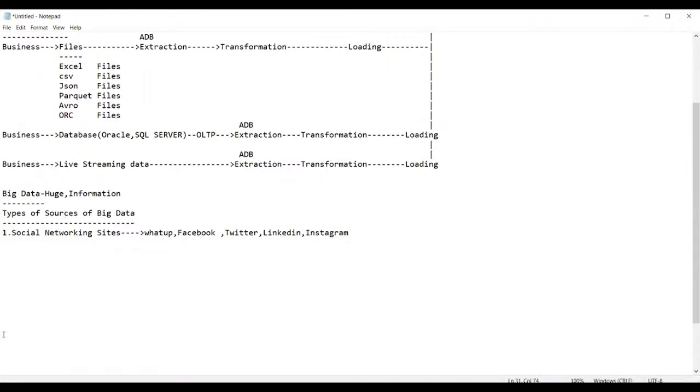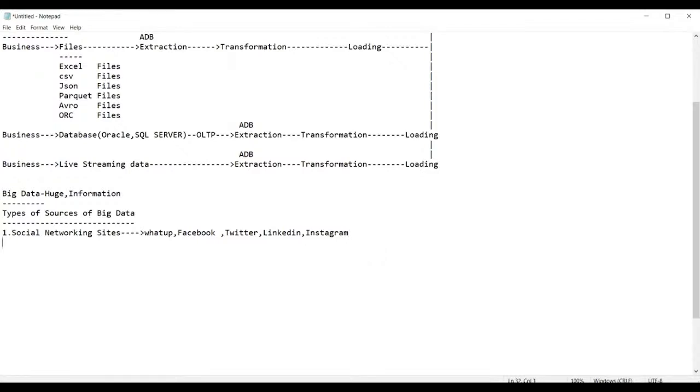All these are called social networking sites. So social networking sites are basically referred to as a major source of getting big data.